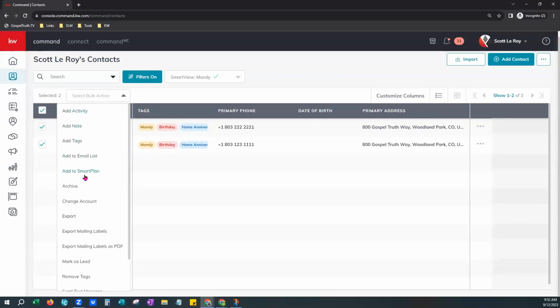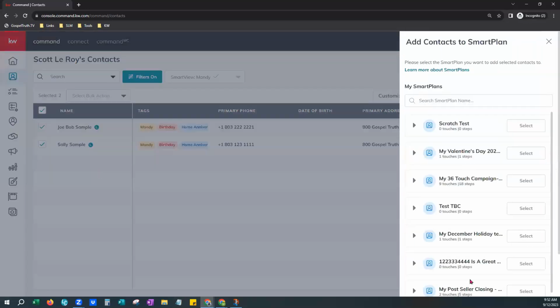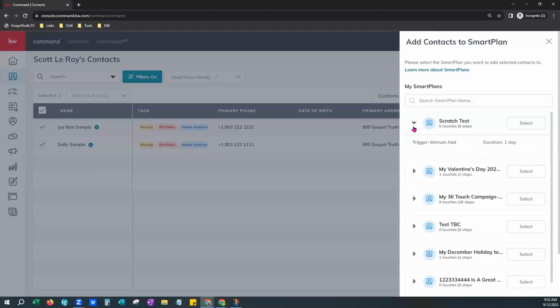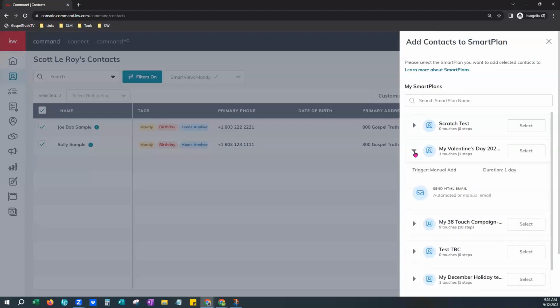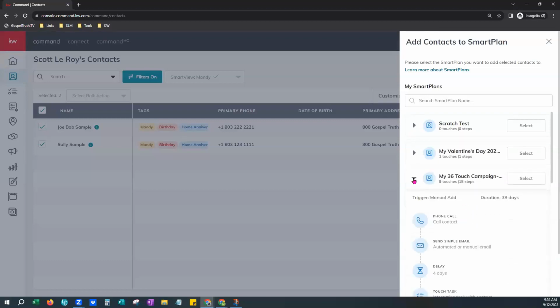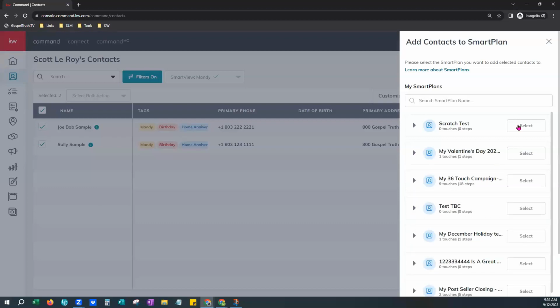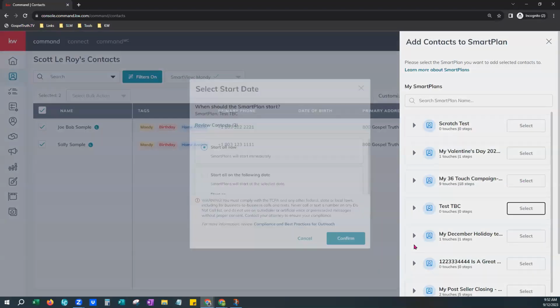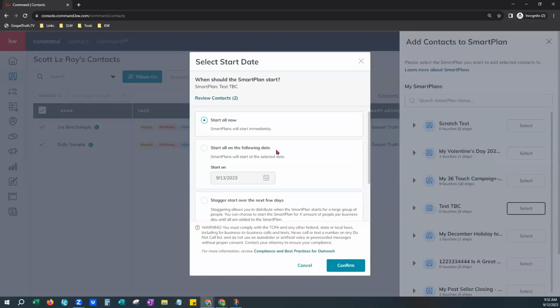And if you choose add to Smart Plan, it will add, again, up to 500 contacts to that Smart Plan at a time. If you choose add to a Smart Plan here, it pops out a side menu of all of your Smart Plans that are available. You can look through and review each one of those if you would like. If you need a little reminder about what they are, you can do that here, or you can just go ahead and select it if you know that that's the one that you wanted to add them to. We have a test here, so I'll just select the test,